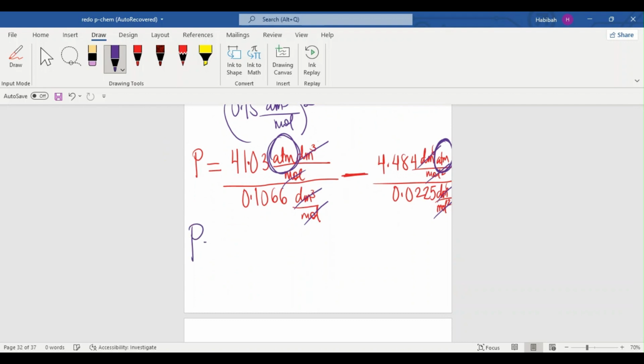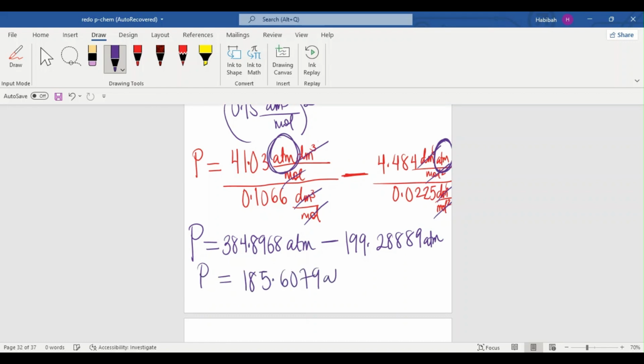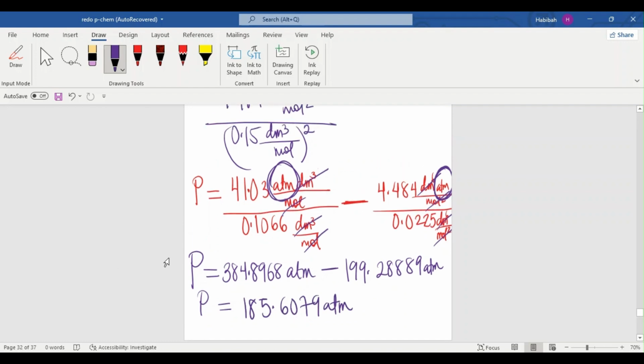So P is just simply going to be 384.8968 atmosphere minus 199.28889 atmosphere. So pressure is just simply 185.6079 atmosphere. I also wanted to mention that, while this is very correct, let's not forget that we're dealing